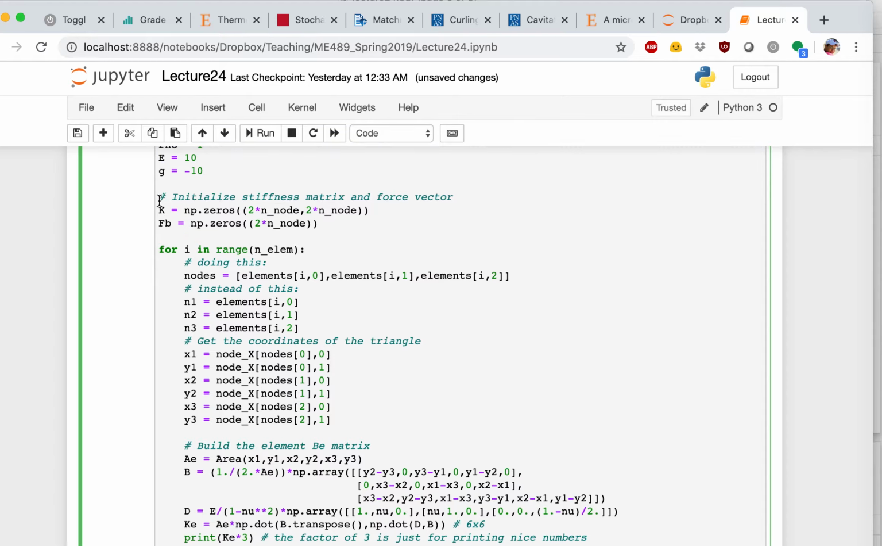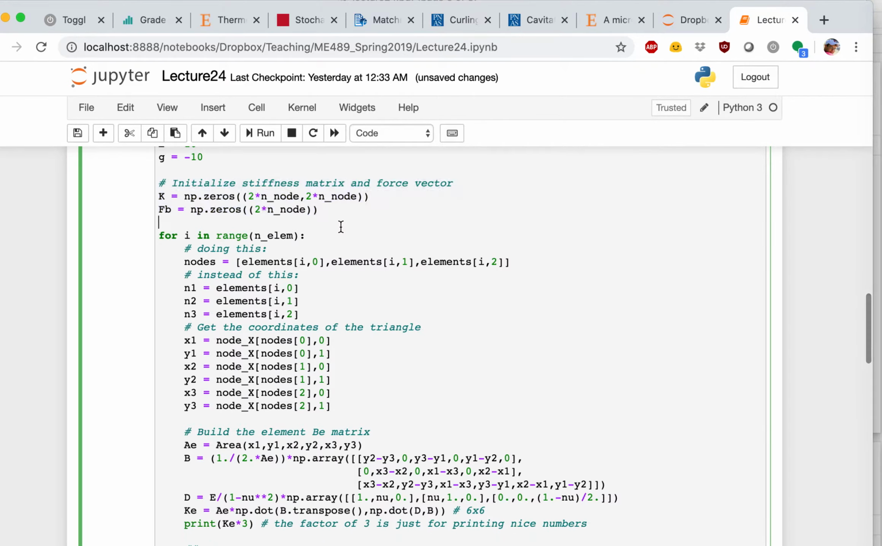Initializing the stiffness matrix and force vector. The stiffness matrix is 2 times the number of nodes times 2 times the number of nodes. The force vector is 2 times the number of nodes. As usual, I have a loop over the elements. So for i in range number of elements,